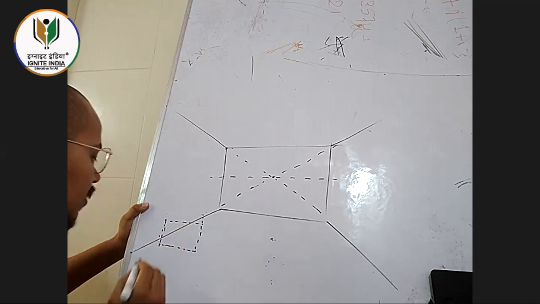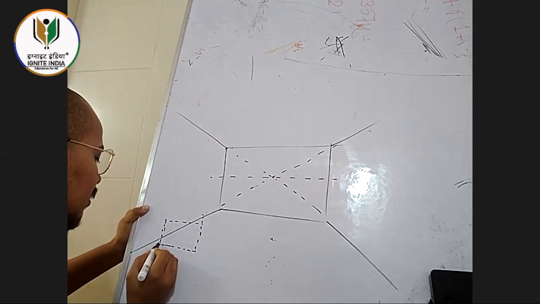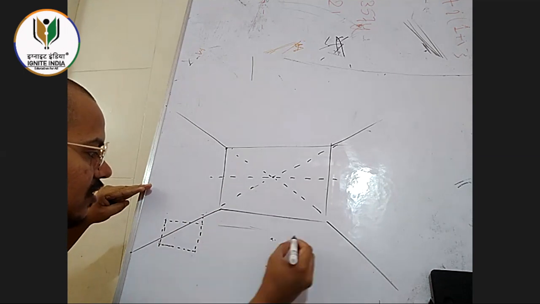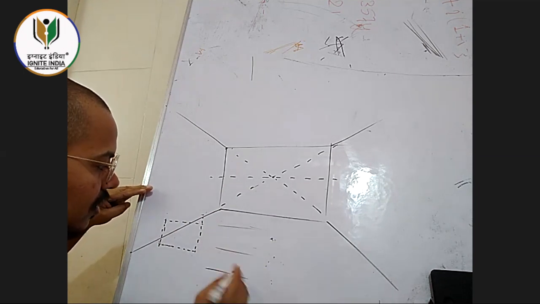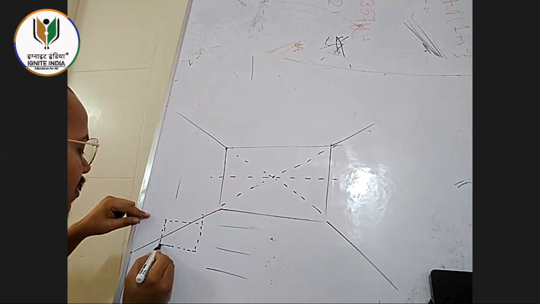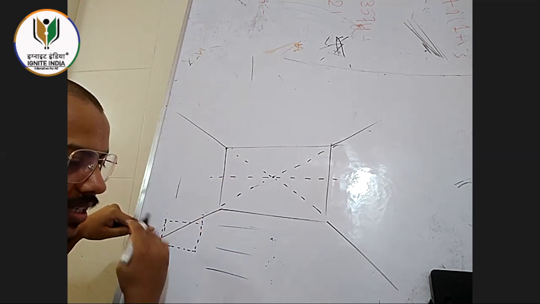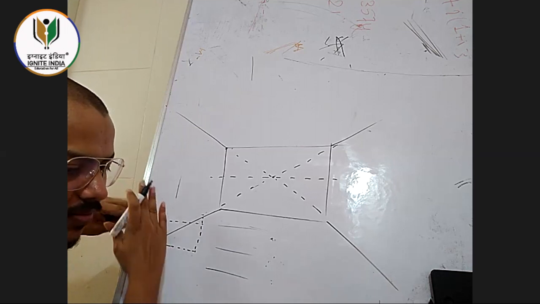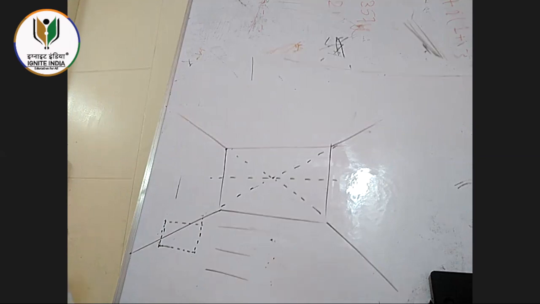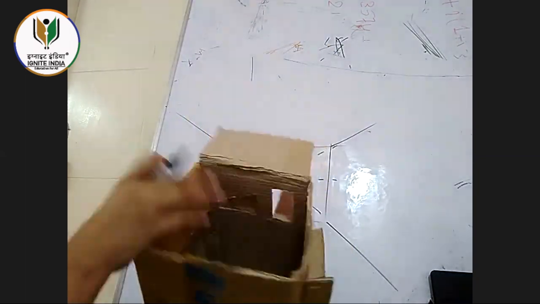Do maintain that your line here should not cross this wall, because this is the floor, and this is the wall. So it should not go up. This corner should not go onto this wall. Otherwise it will look like the sofa has been turned upside down and placed standing on the wall. This is what will happen in that situation.